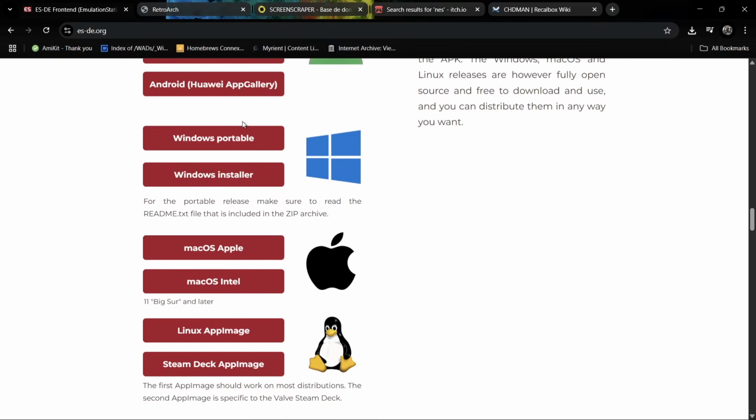Now I'm going to download the portable version of ESDE. We've also got the Windows in store, but like I say, personally I'm going to download the Windows portable. So it's literally just a case of left clicking Windows portable, and that's going to download, as we can see